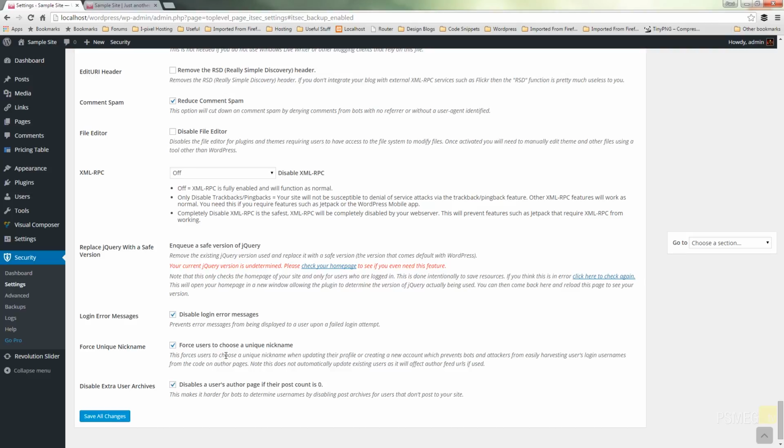Force users to choose a unique nickname. Now, when someone registers and they go into their profile, they can update it: they'll have their username assigned, they can have their email address assigned, they can put their first name, their surname and nickname. And what this does is it specifies the nickname can't be the same as their username, and it can't be the same as anybody else's nickname. Up to you. Again, it's one of those things that if you find that it's just you on the website, you are the administrator, you control everything, well, it doesn't make a massive difference,